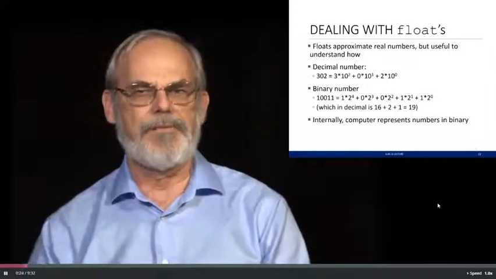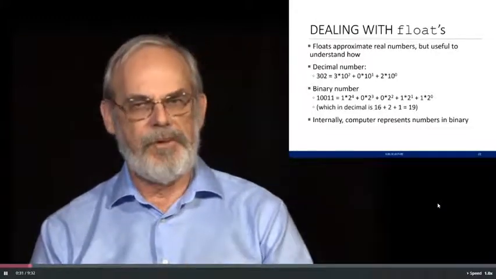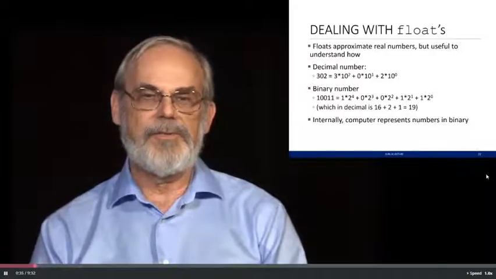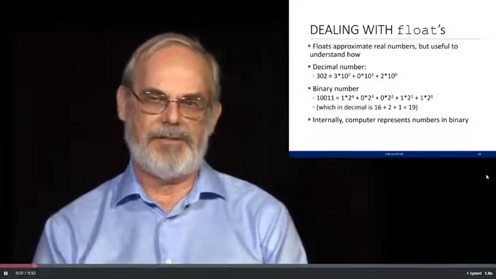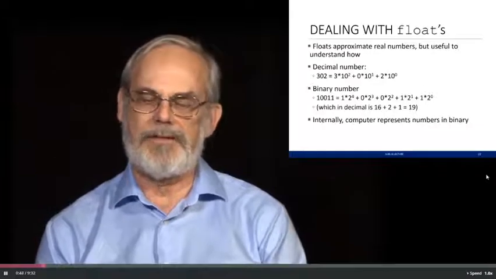In particular, you may have experienced earlier on in the course, where you'll get some funny number where you're expecting 3.0 and it gives you 3.0000125 or something else. To deal with this, we need to go inside the machine for a second and talk about how floats represent real numbers. They certainly approximate them, but it's useful to get a sense of how the machine actually stores it, because it can't store an infinite number of digits after the decimal point inside the machine.